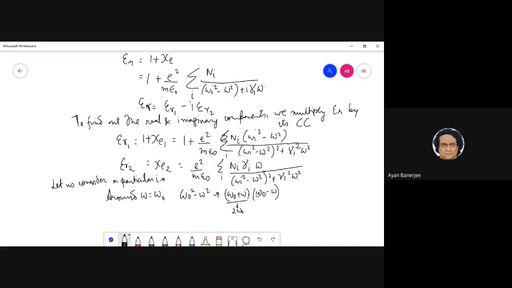And if I do that, then what I get by just simple, you can just look at, another very important, very, very crucial concept. That is this n e square by m epsilon naught. You know what this is? This is omega p. What is that omega p? Any idea? Plasma frequency. Yes, but what is the meaning of that? Omega p squared, sorry. Yes, thank you. What is the meaning of that?